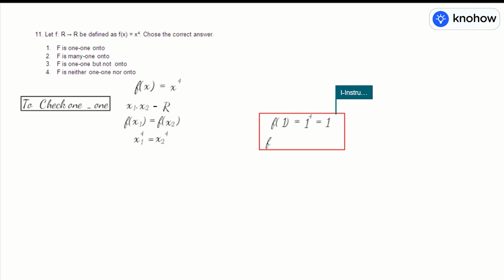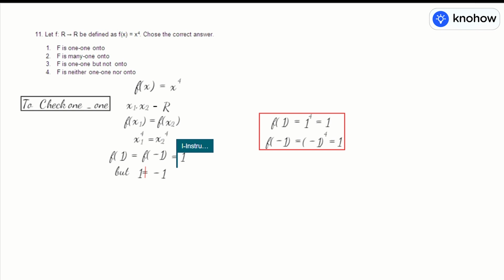And what is f of minus 1? f of minus 1 is minus 1 to the power 4, that is also 1. So we find, taking an example, that f of 1 equal to f of minus 1 equal to 1. But 1 is not equal to negative 1. And hence the function f is not one-one. And now to check onto